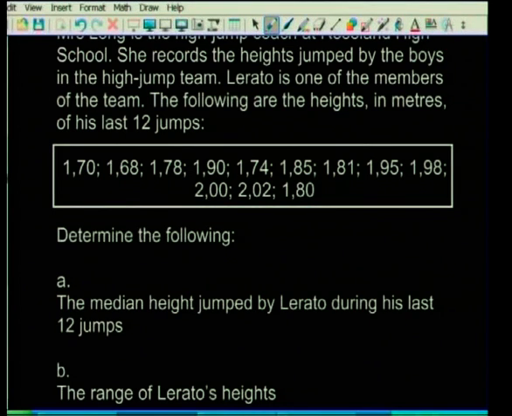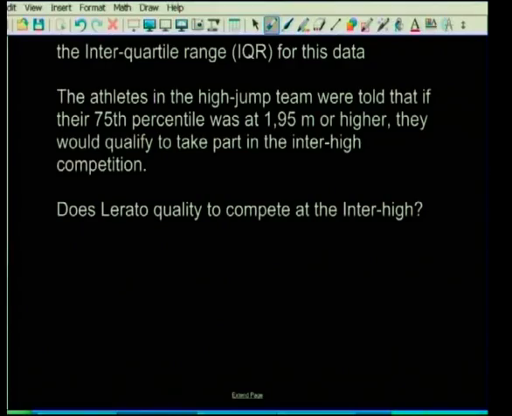Now, the first thing that I am going to do with these jumps is put them in order. The moment we're talking about range and interquartile range and percentiles, it just makes a lot more sense to put the data from smallest to biggest. And in fact, I like to give it to my students from smallest to biggest because it can take so much time just arranging them. So my first high jump is 1,68. Let's put a little line through. The next one is 1,70. The next is 1,74,